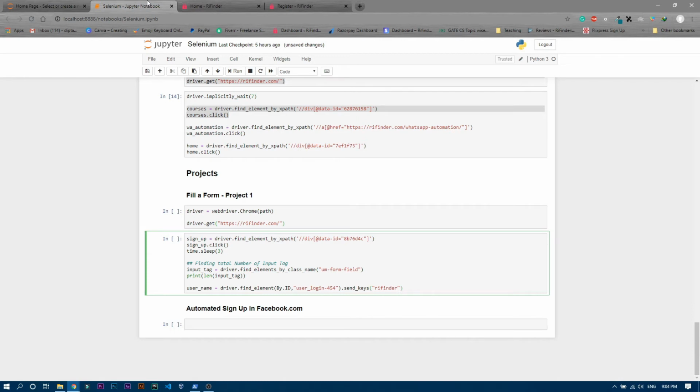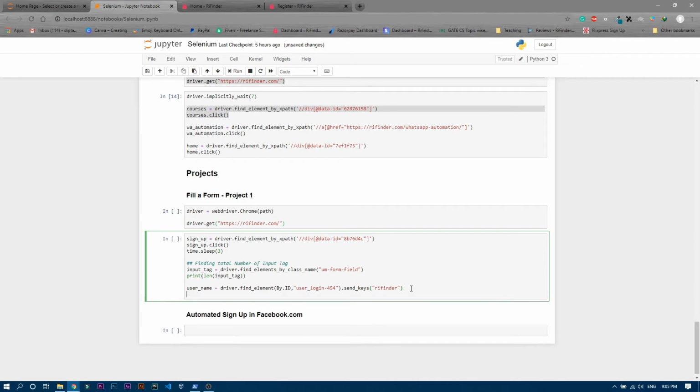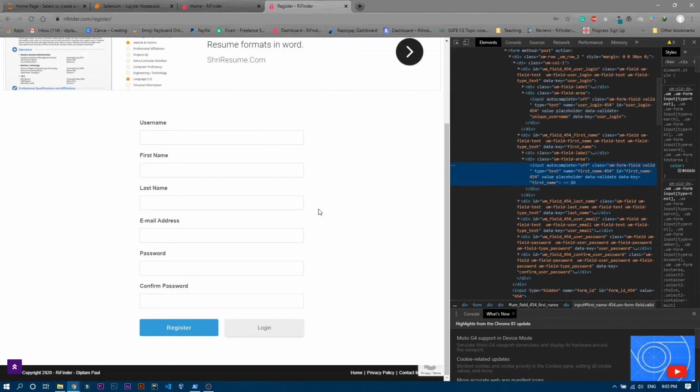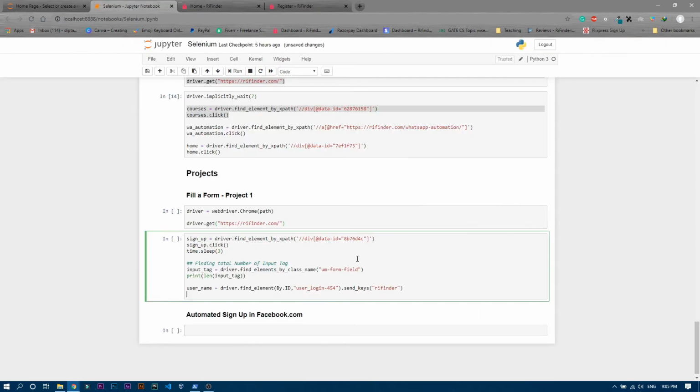So you can write everything in one single line, or in the next line you can also write username dot send keys, then in the parentheses you can write whatever word you are going to send, or you can already write it in the single line. Anyway, I'll just choose the second name, which is the first name, and the ID is first name 454. Let me copy this line,